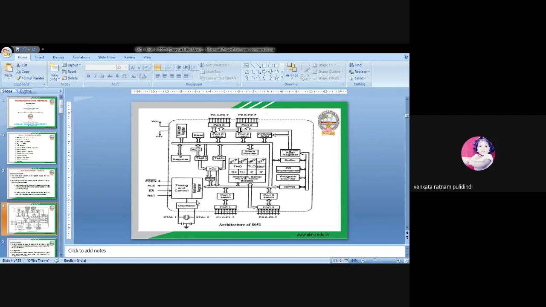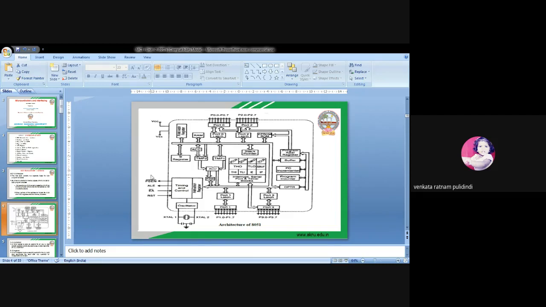So generally the 8051 microcontroller operates at 11.0592 megahertz, approximately called 12 megahertz clock frequency. Therefore here it is the oscillator which is used to generate the clock signal. Here we connect the external clock, a crystal oscillator. So this is the internal diagram of the 8051 microcontroller. Now we discuss one by one. Okay, is it clear? So this is a very important topic.